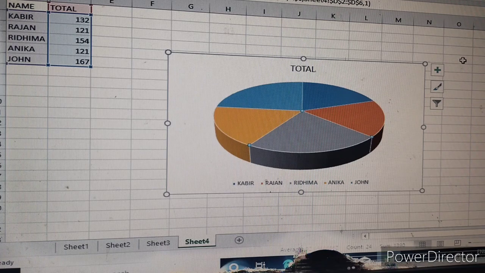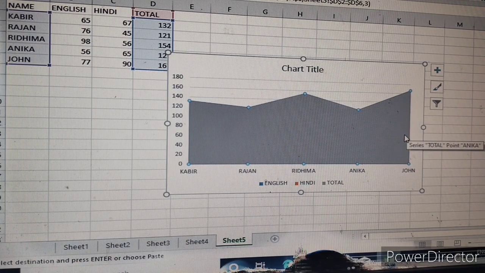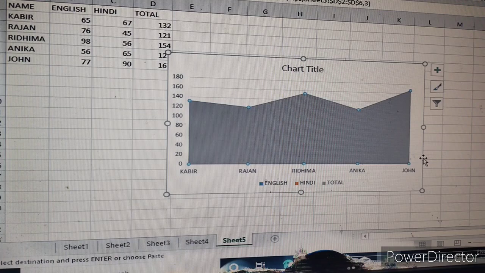All right, now the area chart. What is an area chart? This is just similar to the line chart, with the area under the line filled in. These are our 6 different types of chart which we can use for our data in MS Excel.